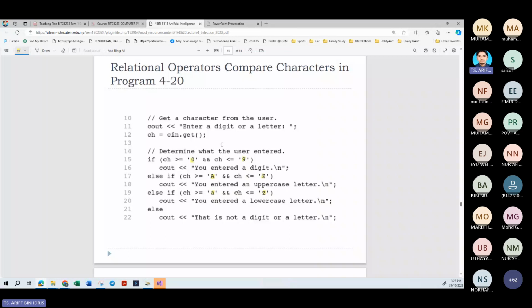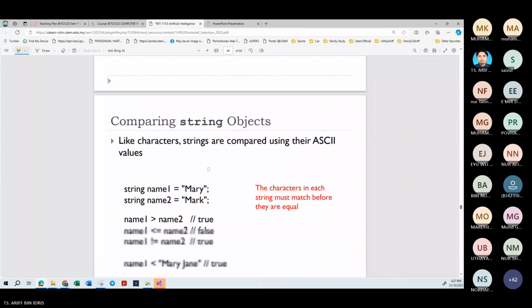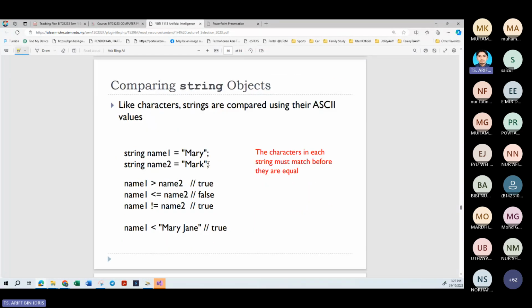So this one we call a character; we can compare characters. Alternatively, there is an option to compare a string. Let's say you want to compare your name. Previously, you have discussed